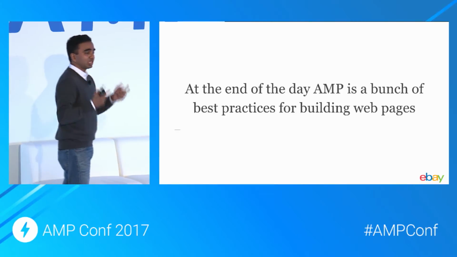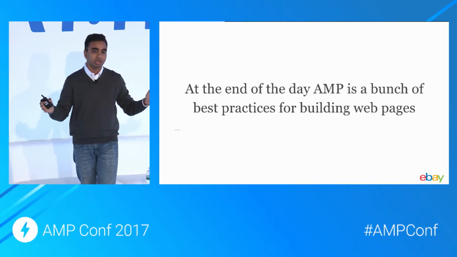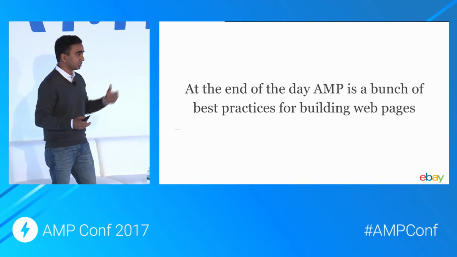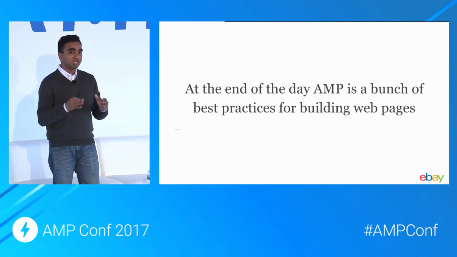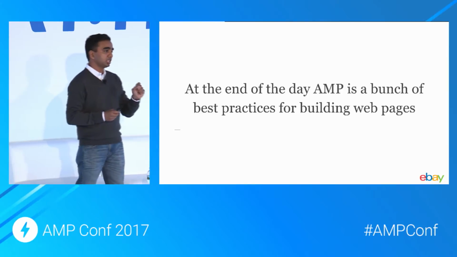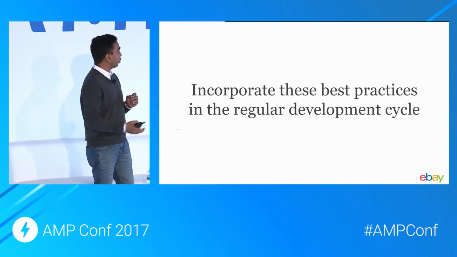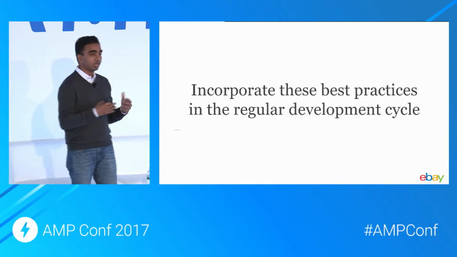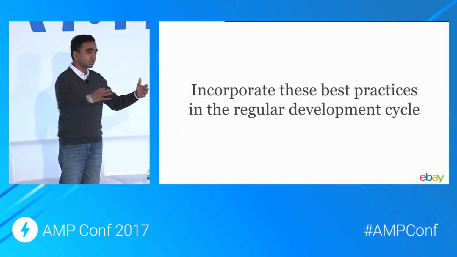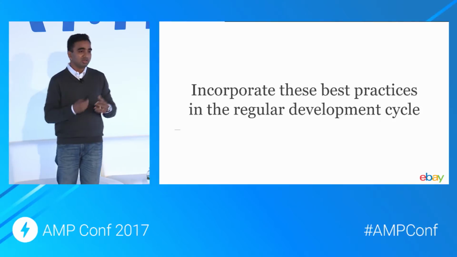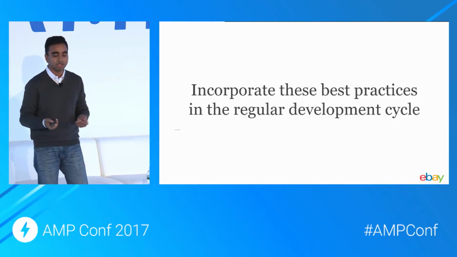So our first approach towards AMP was this. At the end of the day, AMP is nothing but a bunch of best practices for building web pages. Yes, there is a lot of technology behind it. There is this AMP cache, there is this pre-rendering, and plenty other stuff. But all that is possible because AMP mandates these best practices while building pages. So what we thought was, why don't we incorporate these best practices as a part of the regular development cycle itself? Like not only for the AMP version, but also for the regular version, and also for pages across eBay. So this gives us a more organic approach towards AMP rather than it being a forcing function. And also it makes our other pages fast.